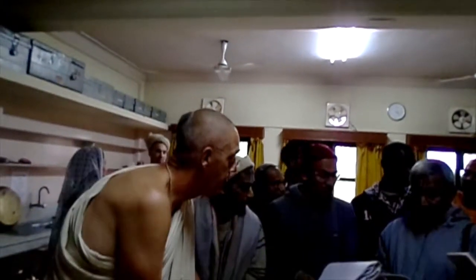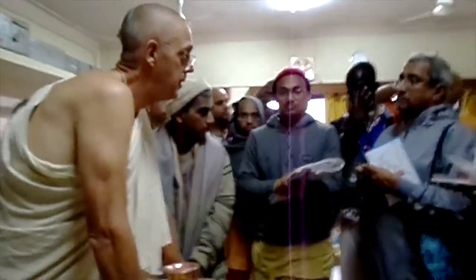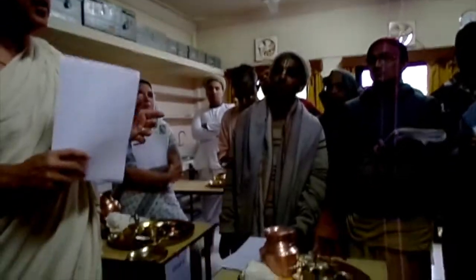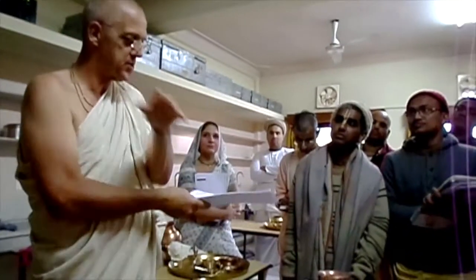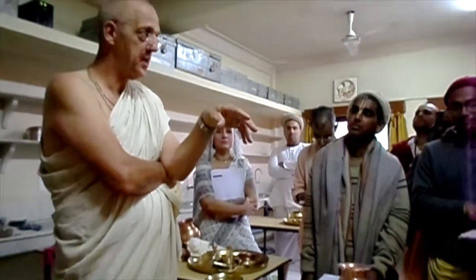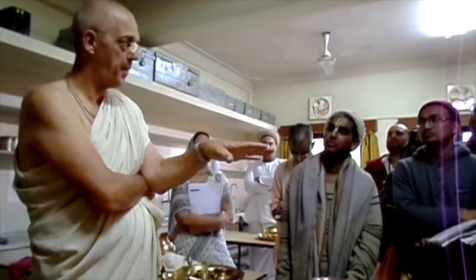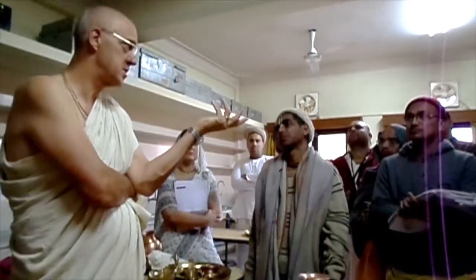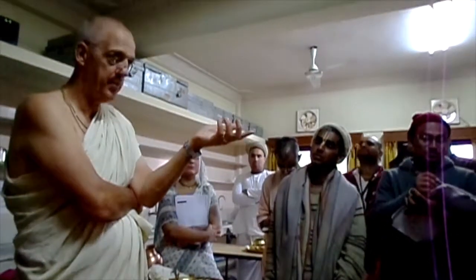Prabhuji, even in the section where it's Ketani Pushpani, the book says Pushpa, then Tulsi Patram and Malyam. Which other they said first offer Tulsi Patram, Pushpam, and then Malyam. Good question. So usually most padatis, this is what this is called, a padati, or prayogs will offer the pushpa first. But when you're dealing with small deities, if you put the flowers there first, where are you going to put tulsi? You've got to move the flowers out of the way. So you put the tulsi first on the lotus feet of the deity, then you put the flower. And it's not really a contradiction because one of the names of tulsi is pushpasara, which means the best of flowers. So you're offering the best flower first, and then you can put the garland at that point, or you can put the garland